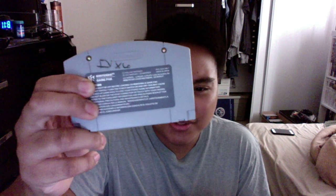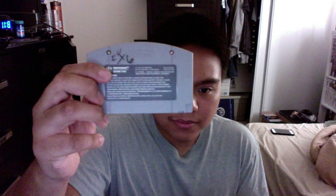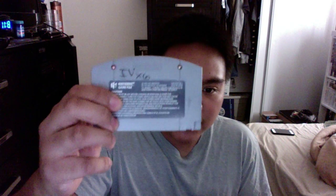But pretty much the games that came with it are Nintendo 64 games. They're not Super Nintendo games. But these are really good games, and they're actually in really good condition. So the first one here is Diddy Kong Racing, Legend of Zelda: Ocarina of Time, Pokemon Stadium, and Mario Party, the first one. And on the back of the card, they have the same initials, or somewhat the same initials. Right, it's right here. Don't know what these are about, but